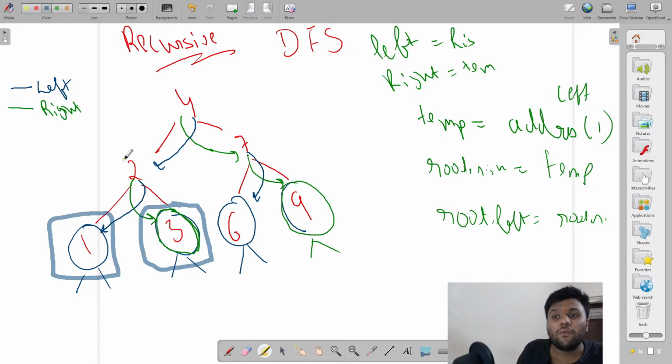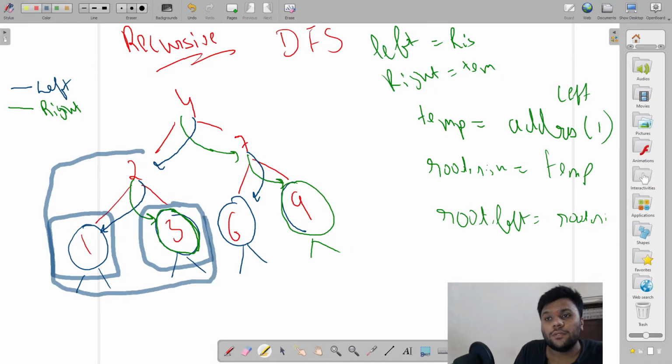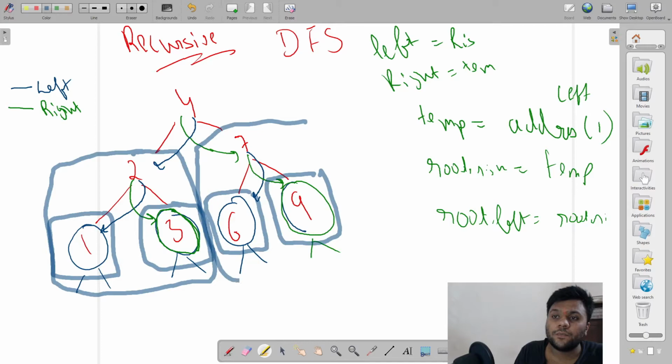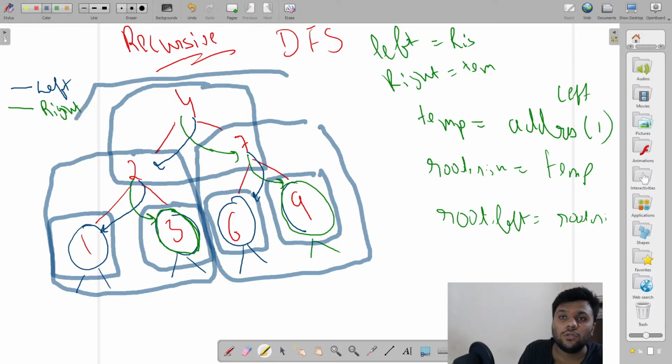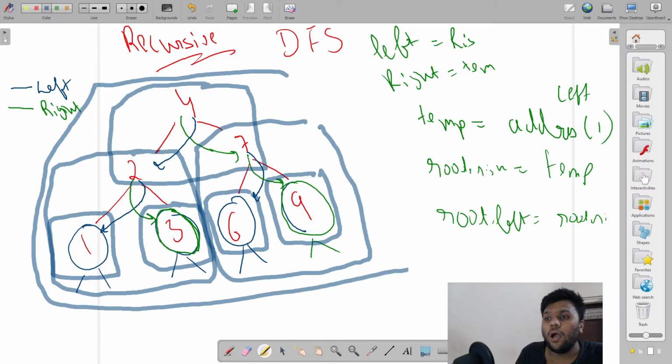After doing this, it is going for this one. After completing this, it again goes on the right deep. After this it goes for the complete right. And after this, it will go for this 4, 2 and 7, and finally this one. So it is going deep by deep. First it goes left deep, then it goes right deep, then it's completely inverted. Okay, so that's how we did it using recursion.